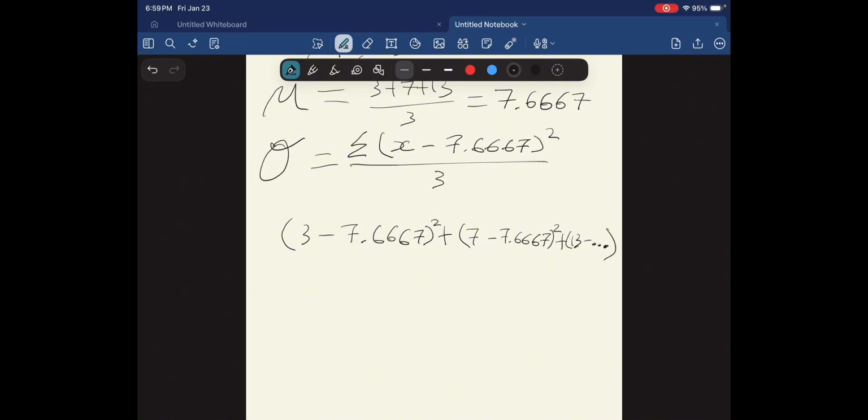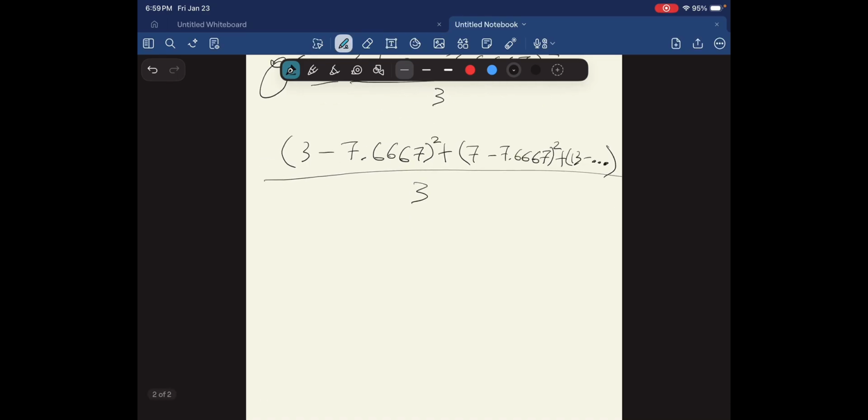But I don't have room, so I'm just going to do that, right? All over 3, which, I'm going to do this in the calculator because I don't want to do this by hand. 3 minus 7.6667 squared should be